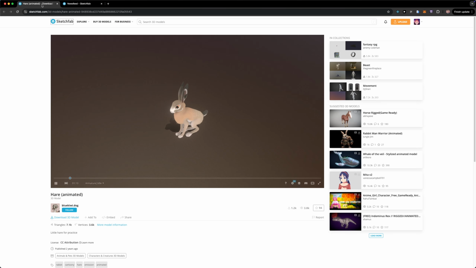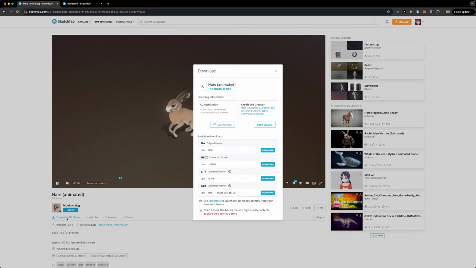So for example, I got this hair here. And this one, if I click on download model, we can see that the original format is FBX. And also that it is only 1 megabyte in size, which is really nice because I think a whole effect can be 8 megabytes. So you've got to really take care that the file size is not too big,